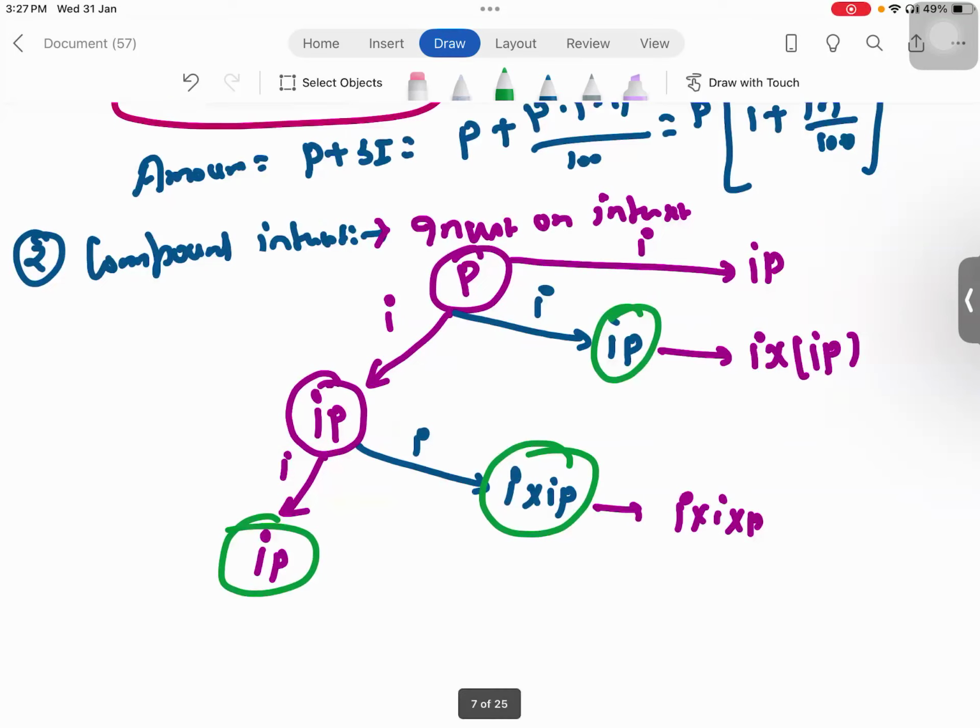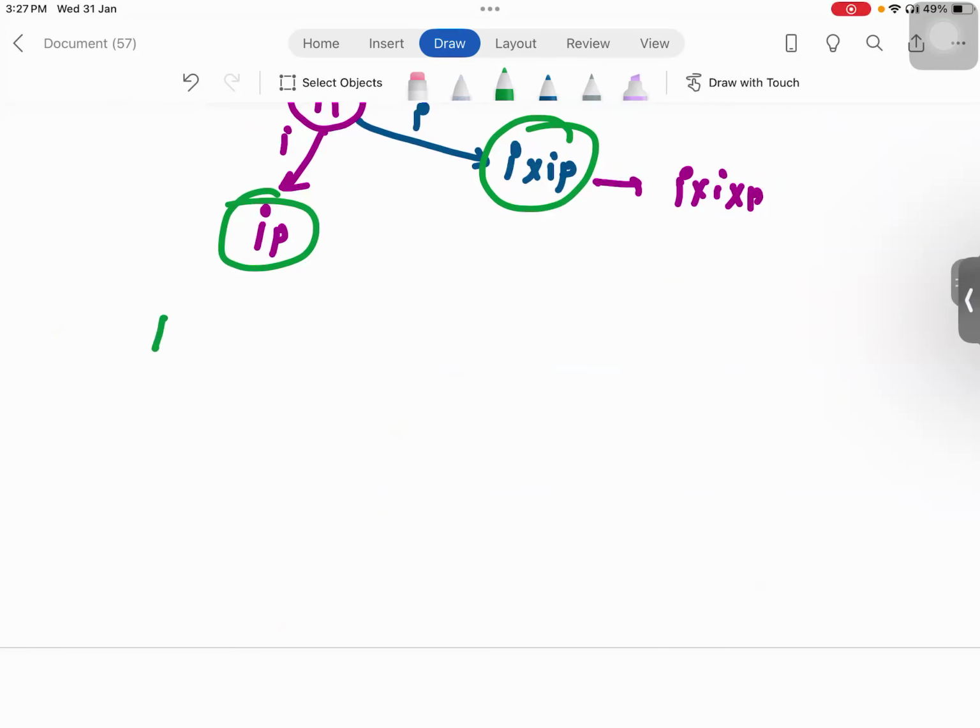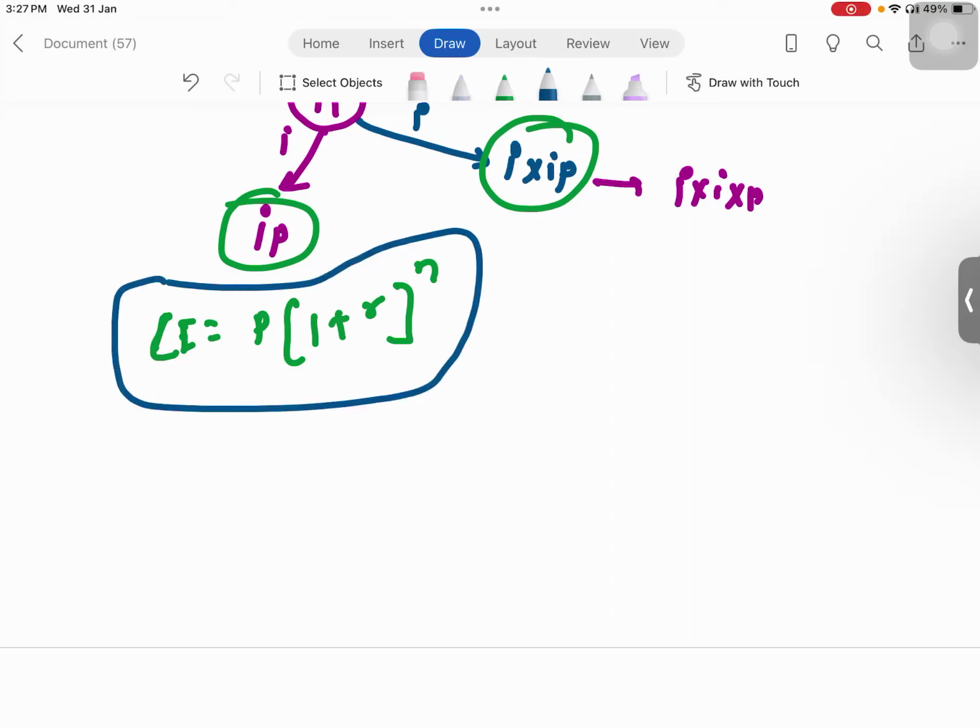So if I want to calculate the amount after a year, the compound interest is equal to P into 1 plus R whole to the power n. Right? This is the formula of compound interest, right? P into 1 plus R whole to the power n. Now,